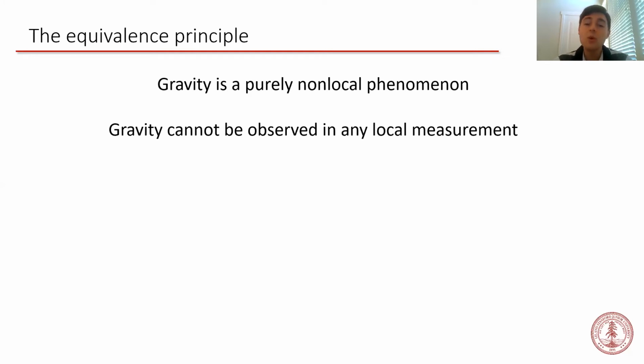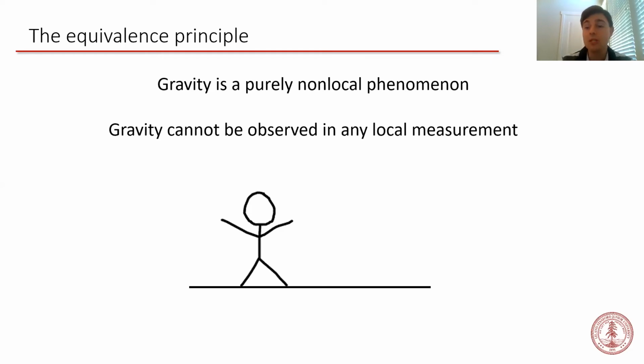That's because our usual way of thinking about gravity is based on the observation that things fall down when we drop them. Suppose an observer who is standing on the surface of the Earth makes a measurement of the relative acceleration between himself and a freely falling test object. Didn't this observer just make a local measurement of gravity?